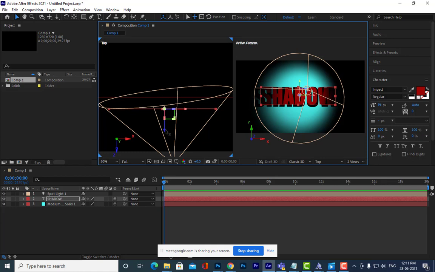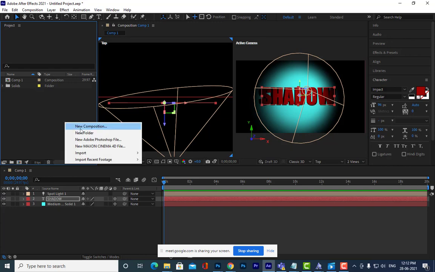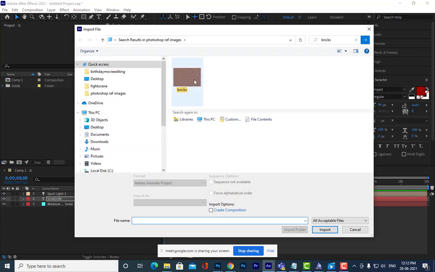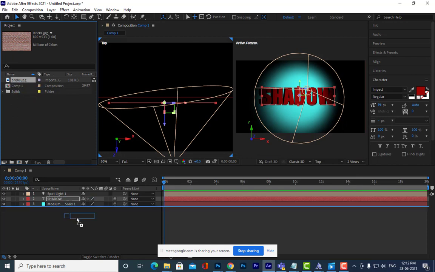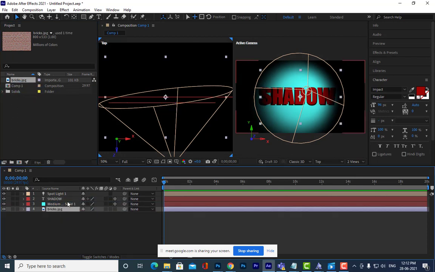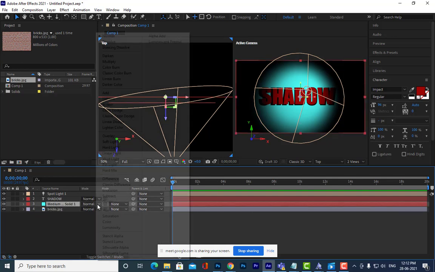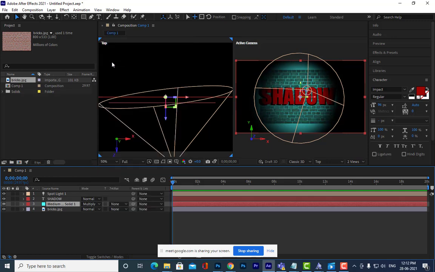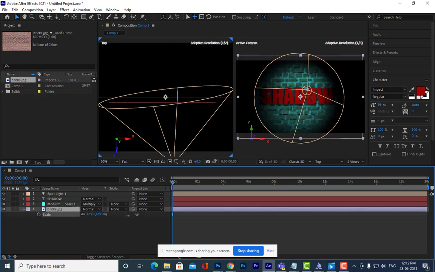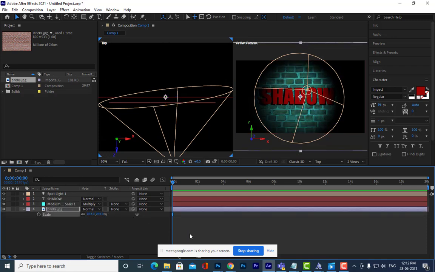Yes, sir. Now we are able to see the shadow here. And we'll do one thing. Actually, we want the shadow to be on that brick wall, so we'll take that brick wall. The brick wall right now is behind everything, so we can use a blending mode here. We can use a multiply blend mode. Can you see? Is it clear? And let's try to increase it. Can you see the shadow now?